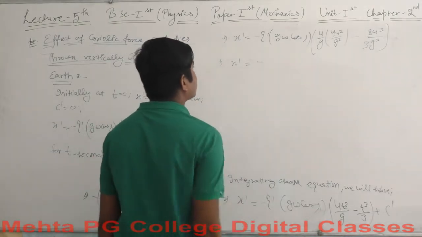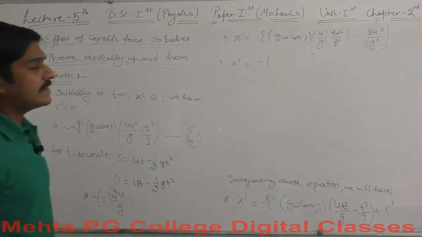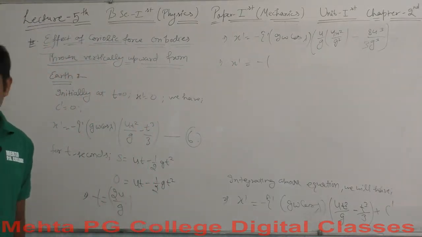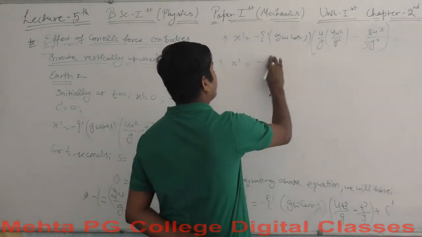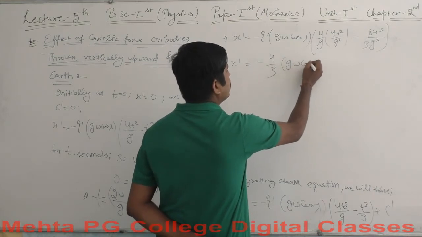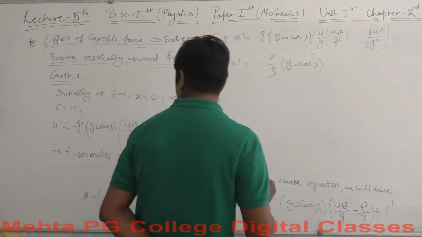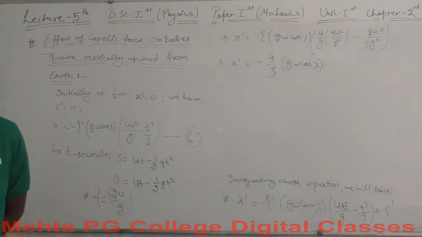Let's say this is the minus here. So minus g omega cos of lambda will again remain the same, minus 4 by 3. This is after the calculation, minus 4 by 3 g omega cos of lambda